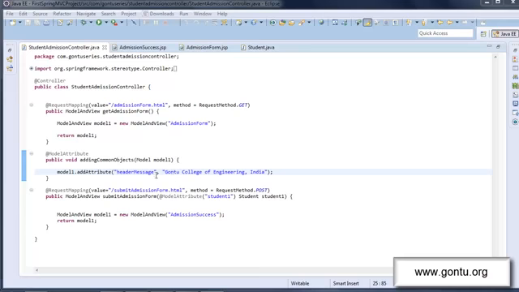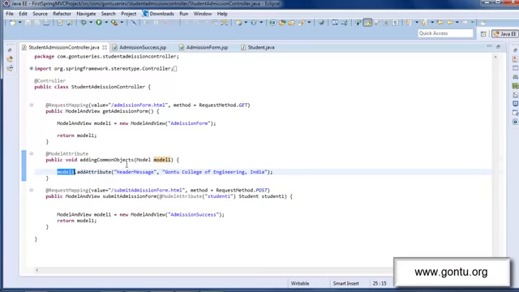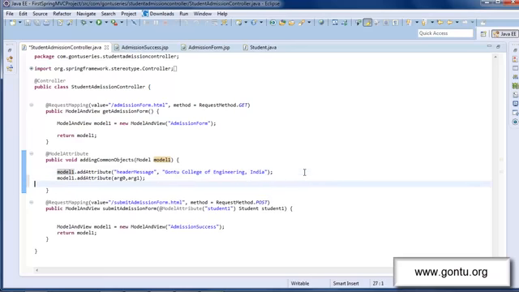In your project, you may add more objects to this model object by simply adding more statements like this in this method. How? Something like this. You keep on adding more statements like this, and in each statement you provide here the object which you want to place here in this model object. All right,